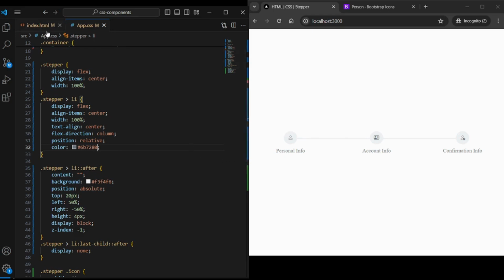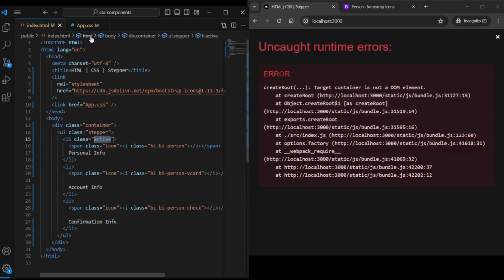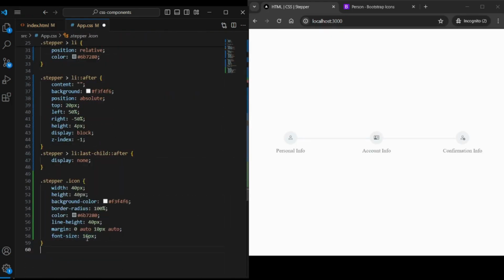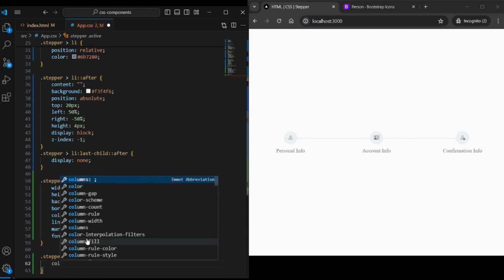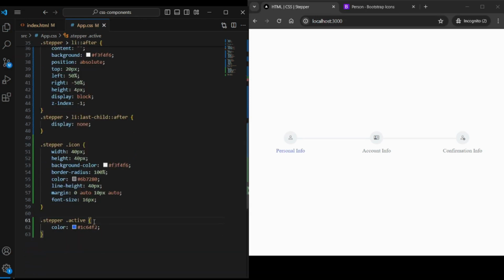Let's write the CSS for the active one first. By default, the first element will be active, right? Let's add the class name active here. Let's add the CSS for this. Let's copy this class name. First we add color to the active element. For that, we target the stepper, and inside that, li.active, we are targeting the element and adding the color #1a64f2. Let's save it. So we have got the default active class added, and we have got the blue